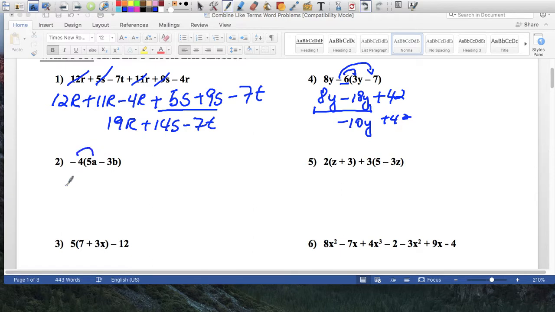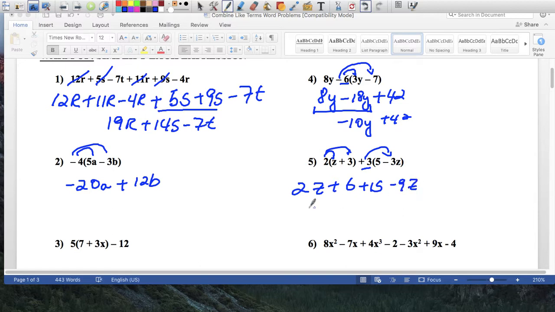Again, negative and a positive is a negative, so I get negative 20a. Negative and a negative is a positive, so that gives me plus 12b. Done. 2z plus 6. And then positive 3 times 5 is 15, and positive 3 times negative 3 is negative